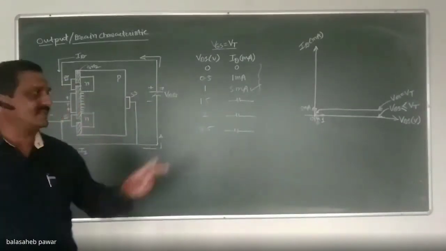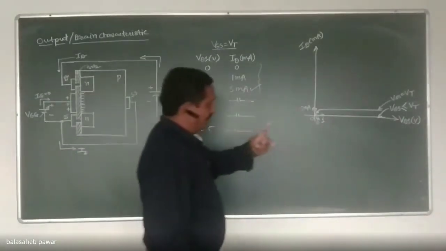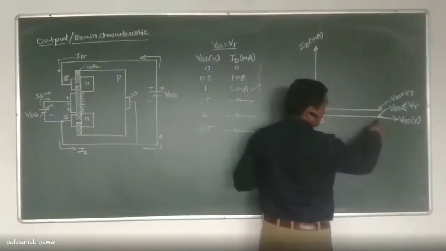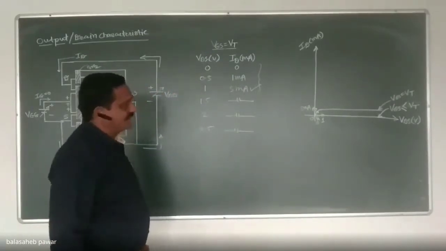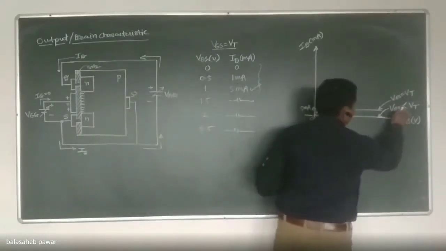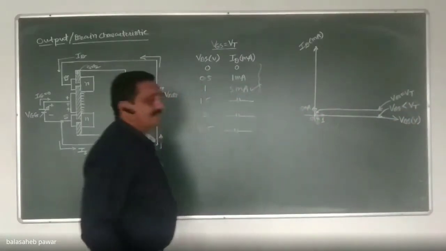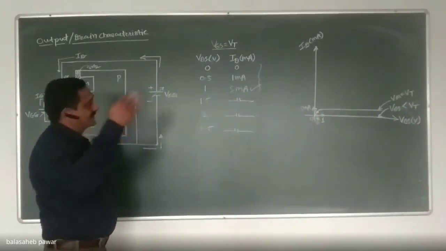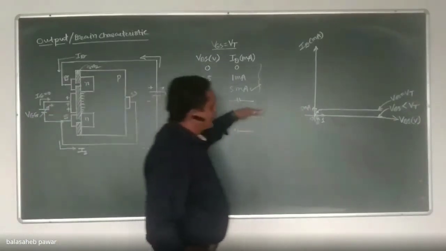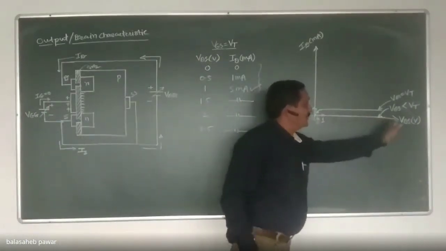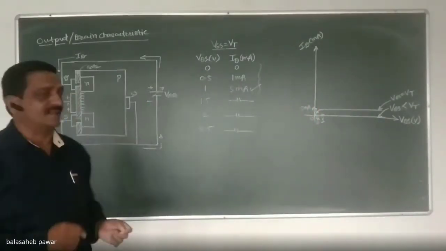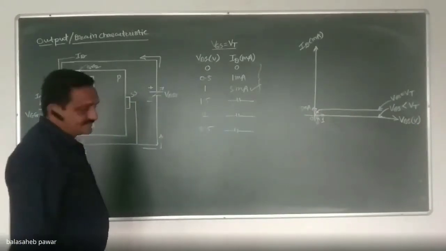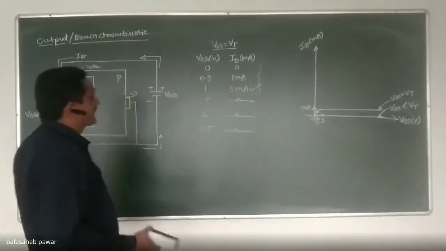See, for the first two conditions, whatever we discussed, we plotted two curves. One curve is directly on the x-axis, that is when VGS is less than VT. Don't say equals to here. When VGS is less than VT, that may be 0 or somewhat less than VT, then that ID will remain 0, whatever may be the value of this VDS. Because the channel is not formed, there is no flow of current through this device. Is it okay up to here? Yes, sir. Okay.